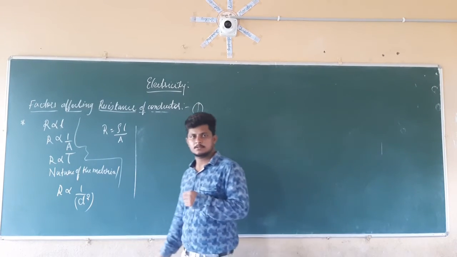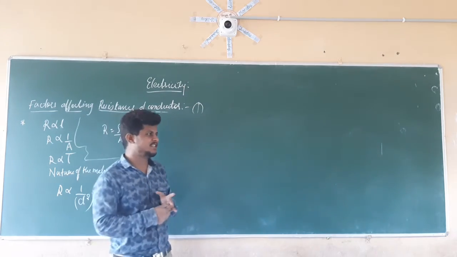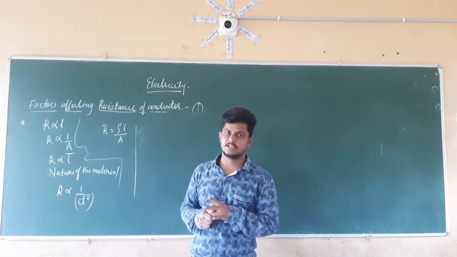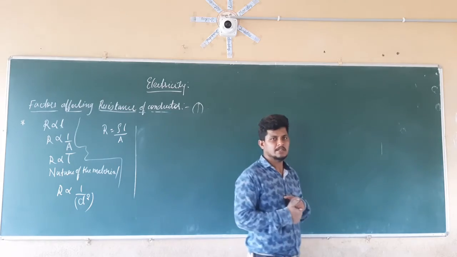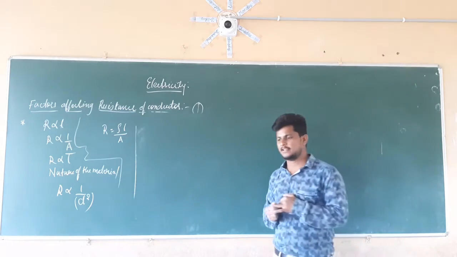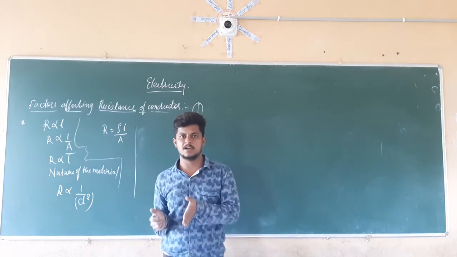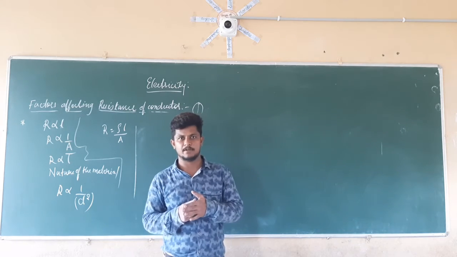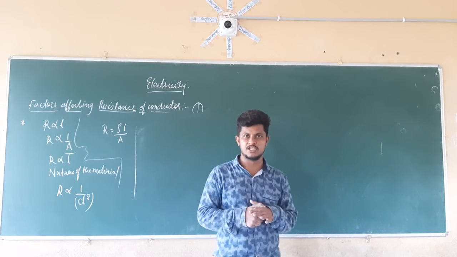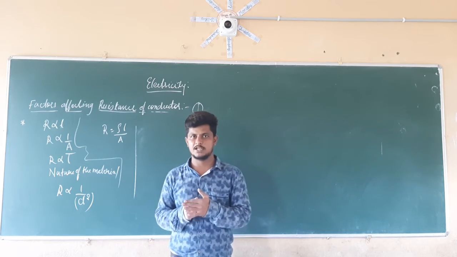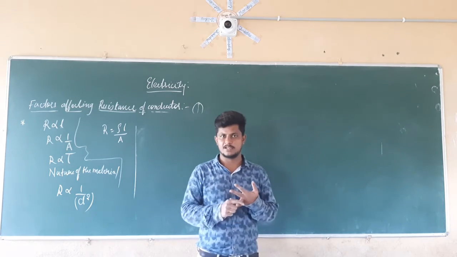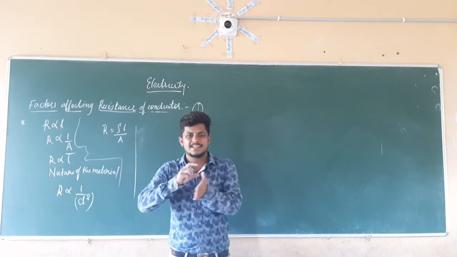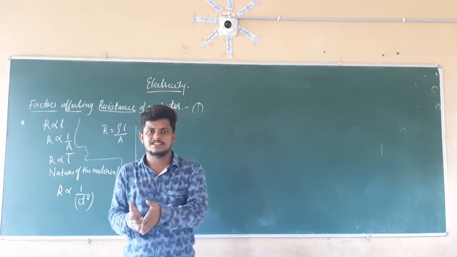In your textbook, they give some values of the resistivity of some conductors, such as copper, tungsten, silver, iron, gold, and aluminium. Everything is given in your textbook as a table of the resistivity of different types of conductors. That table is not for memorization purposes. They are just given as values, so don't try to memorize those things. In the problems, they are going to give the value of the resistivity and mention the name of the conductor which is used there. So don't worry about those things. They are given just as an outline to know about the different resistivity of different conductors.